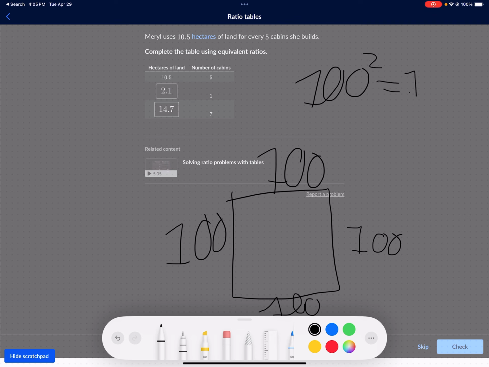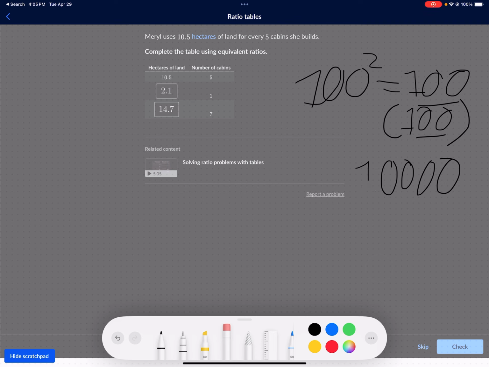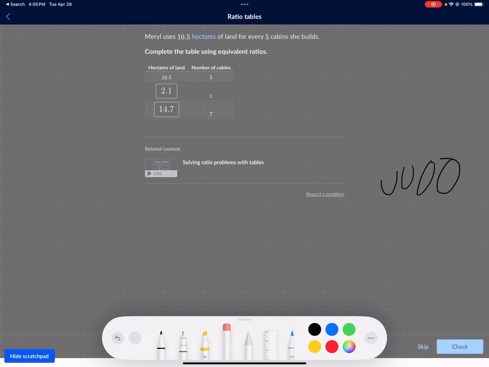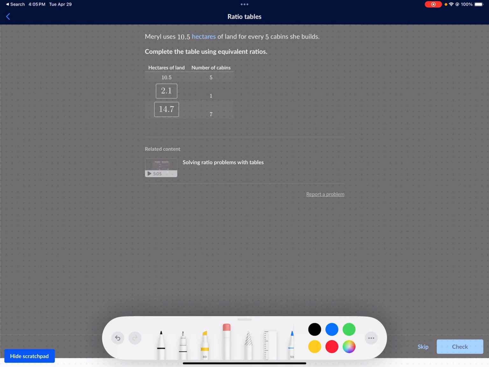It's multiplying two of the same number, so 100 times 100. And when we're multiplying by 100 or a 10, we add the zeros. How many zeros do we have here? 4. So we do 1, 1, 2, 3, 4. So the area of a hectare is 10,000 square meters, which means that if we multiply 2.1 by 10,000, we would get